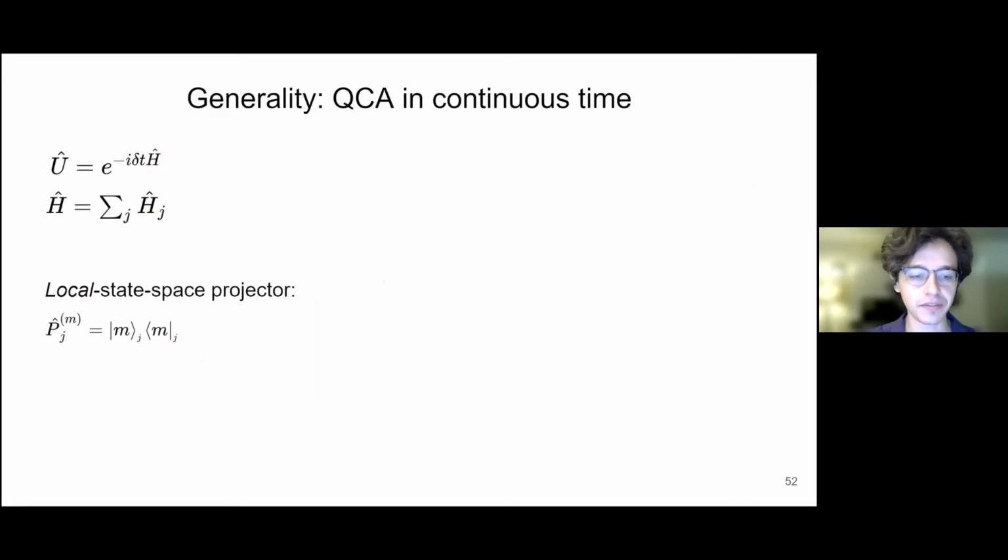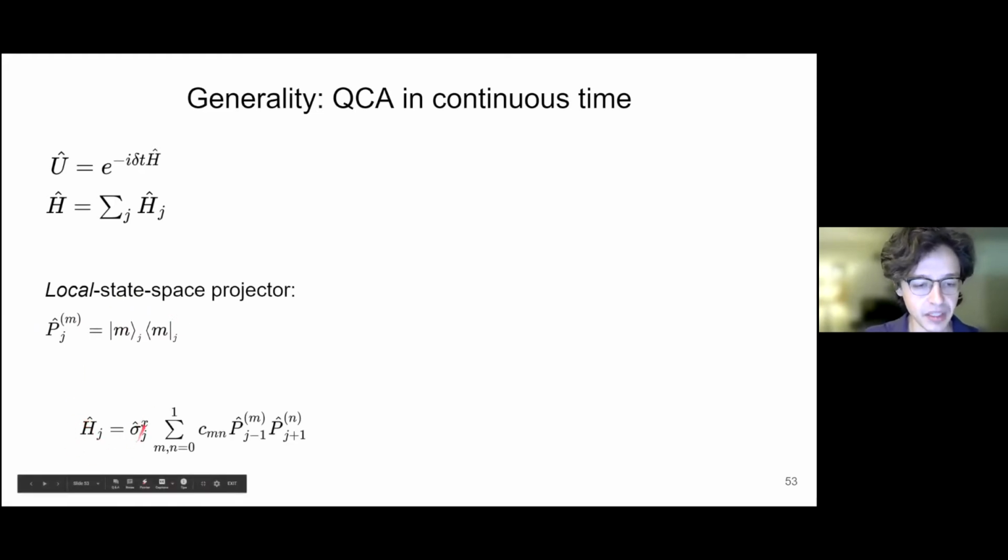And so to do so, I'll define a simple local state space projector and give it this letter P. And M here can be either 0 or 1 for the local state space. Then we can write this local Hamiltonian as some coupling between states 0 and 1 with this Pauli X operator, and a sum, again, over projectors onto the left and right neighbors with a scaling of that same CMN, which is either 0 or 1. So this sort of turns on or off the constraint of certain neighborhood configurations, which will allow a state change.